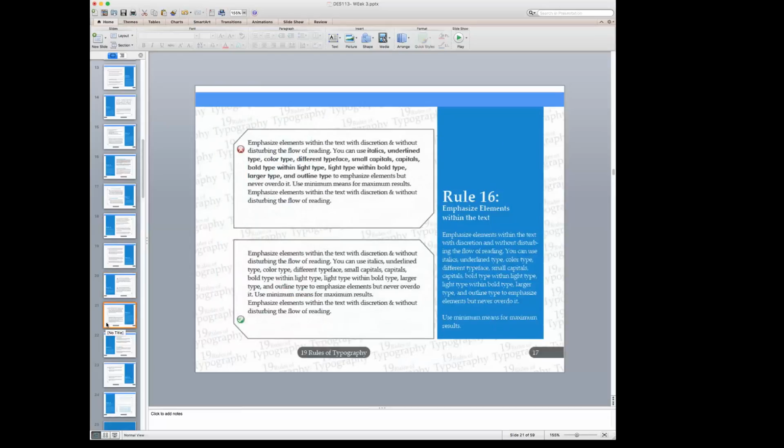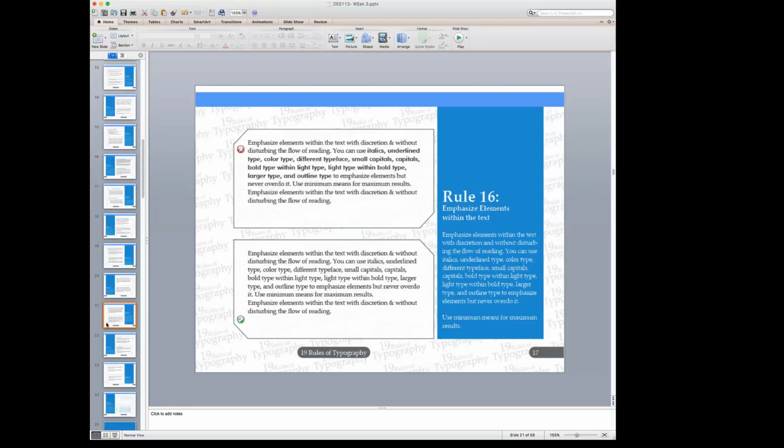Okay, and then rule 16 just simply says emphasize elements within the text. When you're working with big bodies of text, things can kind of just look blah and run together. So what you want is to make things stand out, especially in article layout and design. If you were designing for a magazine company, or even if you were reading a magazine, have you noticed there's elements that kind of stand out? There's images that go with the article, there's pull quotes, there's little fact boxes, there's usually a box that kind of is pulled out, or graph, or something interesting to look at just other than text.